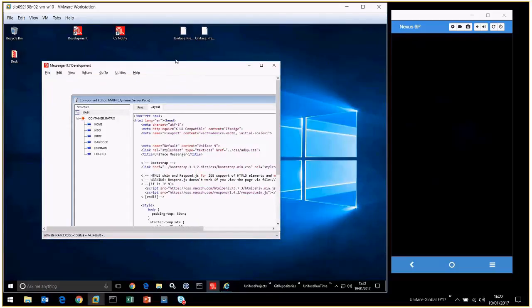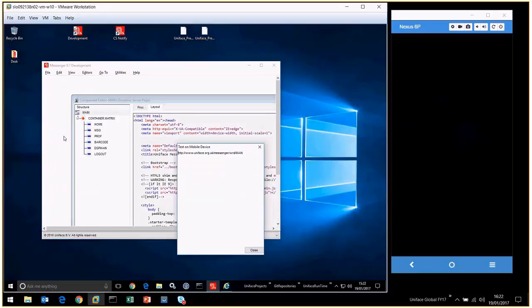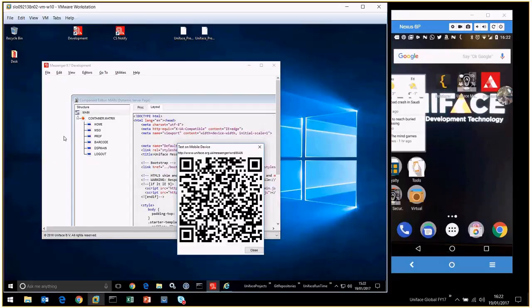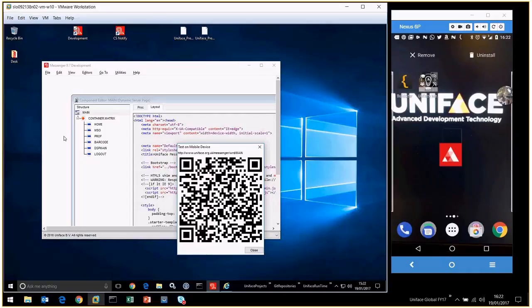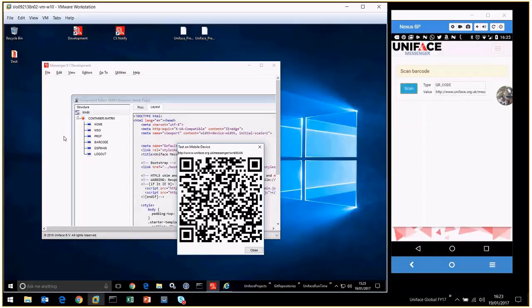I can quickly test that application on the mobile using the Previewer app I mentioned. So to do that, from my page, I just say File, Show QR Code, and I get a QR code on screen. If I now go to my mobile device, we can see I've already installed the Uniface Previewer, and that's available on the app stores, whether we're talking Google Play or the Apple App Store. So if I run the Previewer,